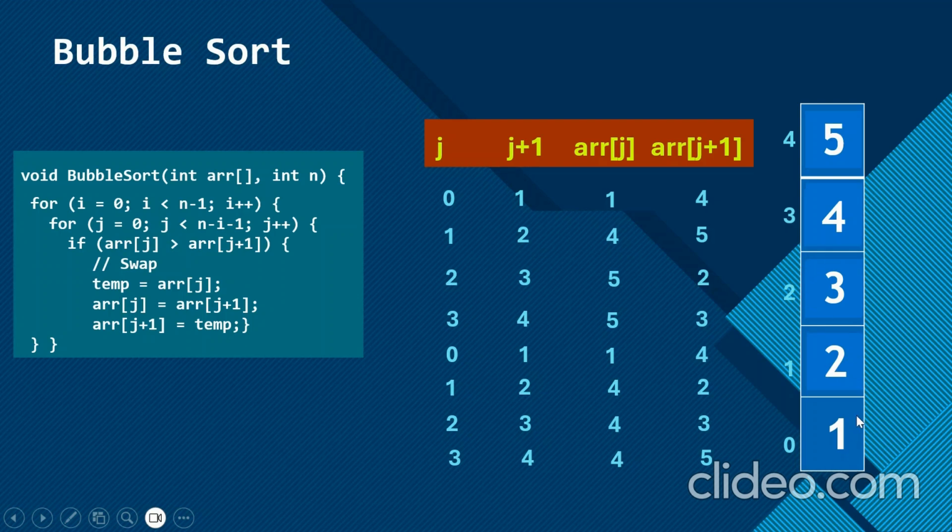Next time only one comparison would take place. That means when i would take its next element, 3, right? i would be 3. So I would be comparing j equal to 0 and j plus 1. That means this element with this element. We won't touch the elements above 2 because they are already sorted by the previous passes. So the 1 and 2 comparison won't yield anything. No swapping would take place because they are already sorted, or 1 is not greater than 2. So that is